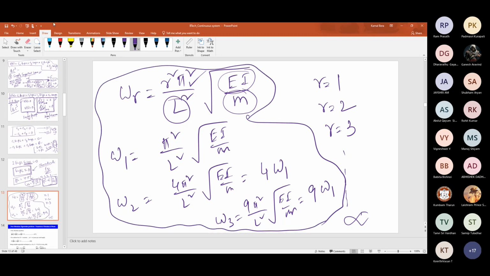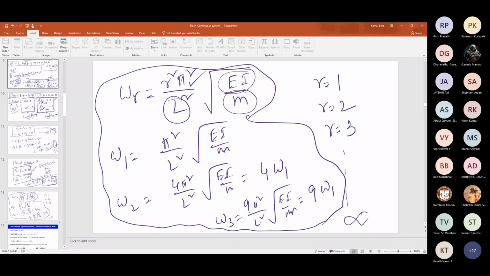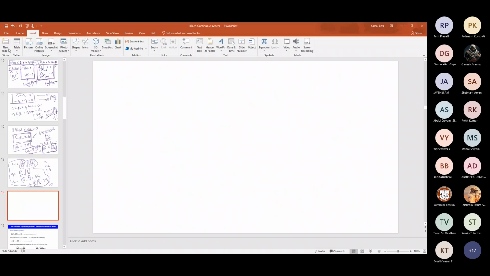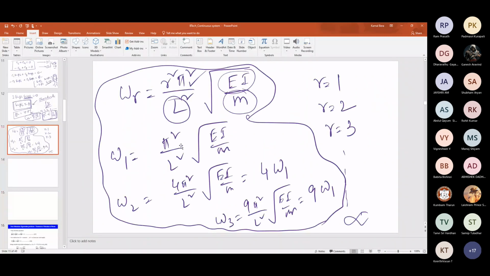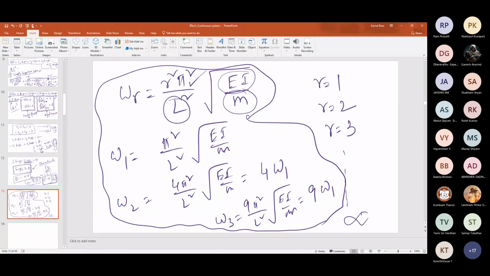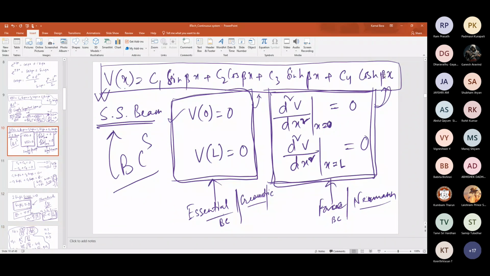So these are natural frequencies. Infinite number of natural frequencies you can find. Now remaining the mode shape. Now go back to our expression for Vx. Correct? So what do you obtain? C2, C4, 0. And what is 0? C1 or C3? Which one is 0? Tell me. So C2, C4, and another one is 0. I think the hyperbolic one. C3 is 0, because sine hyperbolic x cannot be 0, so C3 is 0. Right?